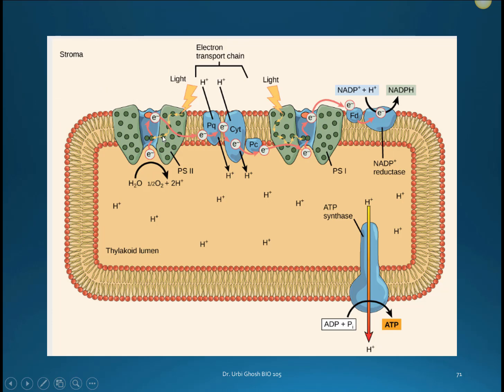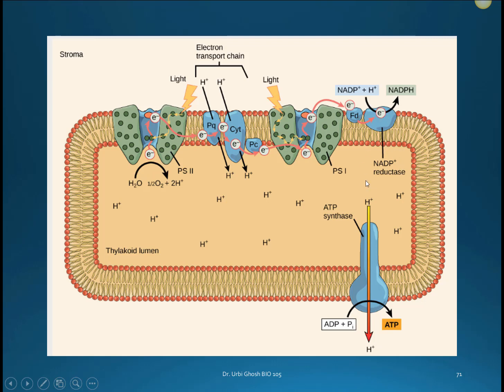Light is hitting photosystem 2, energizing the electrons so that the electrons will be carried through a series of protein carriers and proteins that pump hydrogen into the thylakoid lumen, and this electron will then get passed